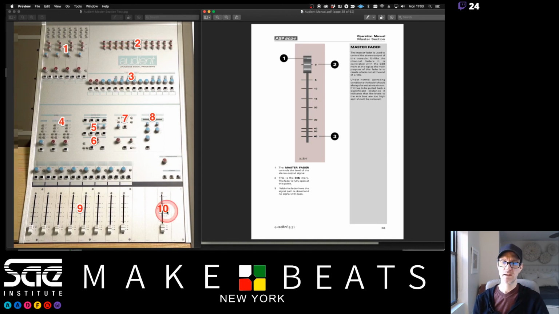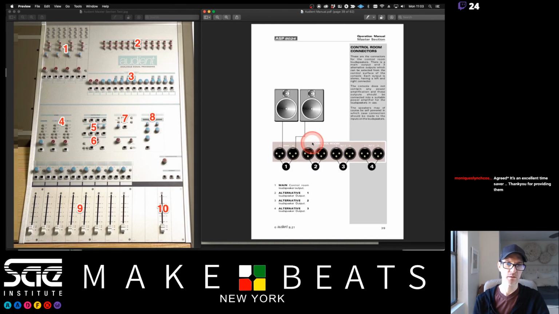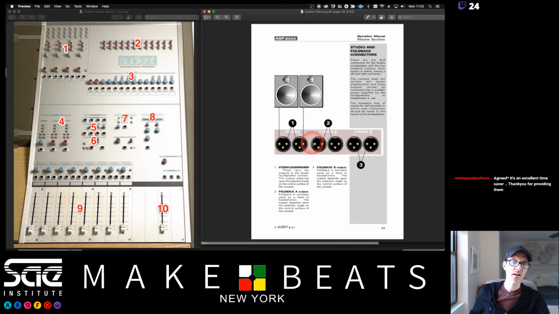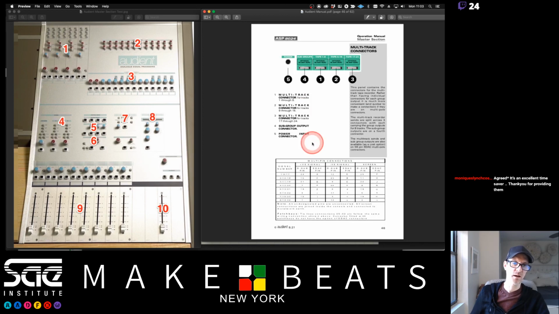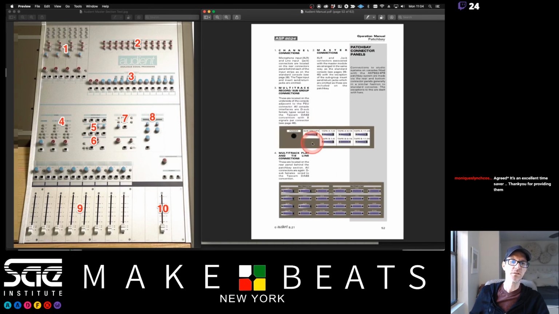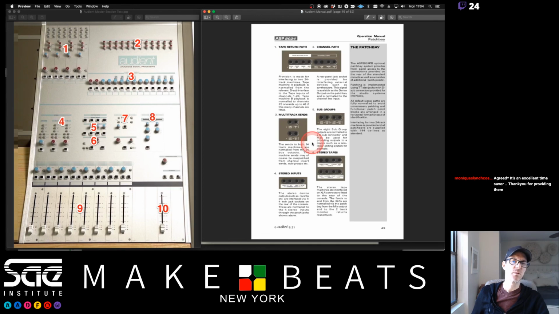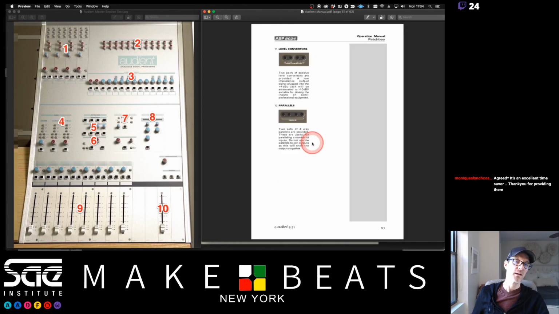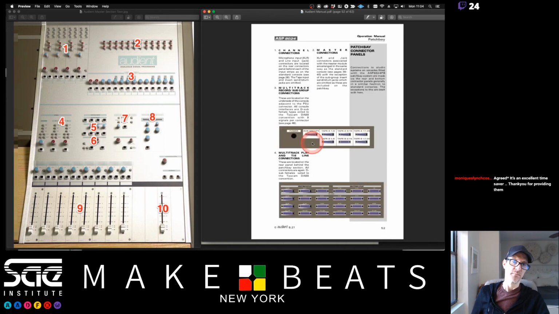And then you've got your master fader that's down here on the bottom. This is the final stage before you're recording. And that's really important. Basically, you're going to put it up to 0 and then that's fully open and just leave it there. Okay, and if you put it at number 3, the signal is closed and no audio is going to pass through. All right, and all the rest of the manual here just talks about inserts and outputs and stuff like that, and the back of the board. And then it also goes into a really good description about your patch bay, which we'll be talking about